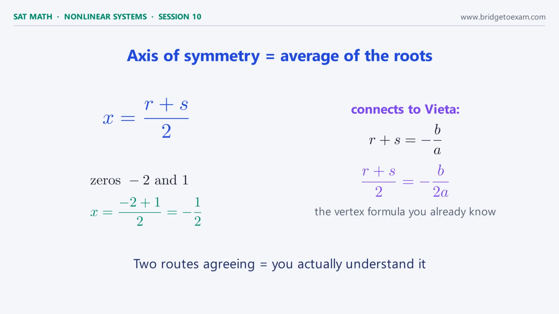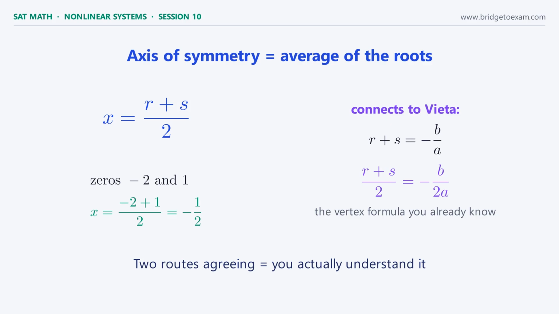A parabola is perfectly symmetric about its vertex. The two roots are mirror images across that vertical line, so the axis sits exactly halfway between them. X equals (r plus s) over 2. Just the average. For zeros at negative 2 and 1, the axis is (negative 2 plus 1) over 2, which